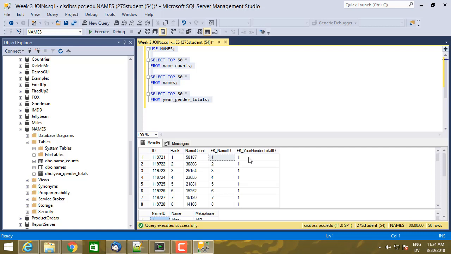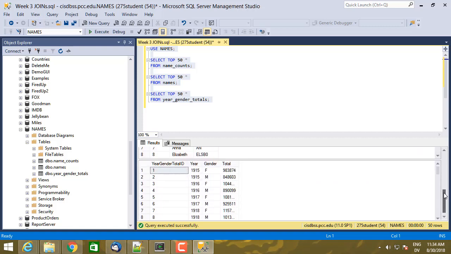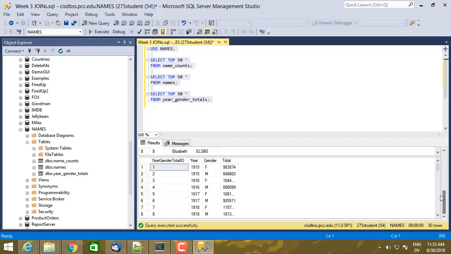And then we have this year, gender, total ID. So let's look at what's going on here. So if we look at the year, gender, total table, you'll see there's a year, gender, total ID, there's a year, there's a gender, and there's a total number of names that were registered for babies in that year for that gender. So for example, this says that in 1915,